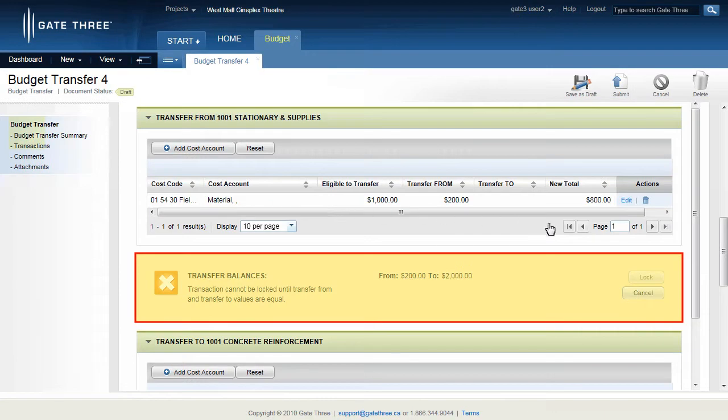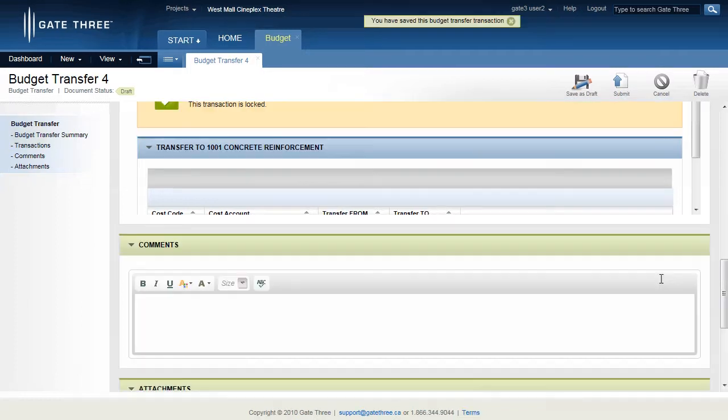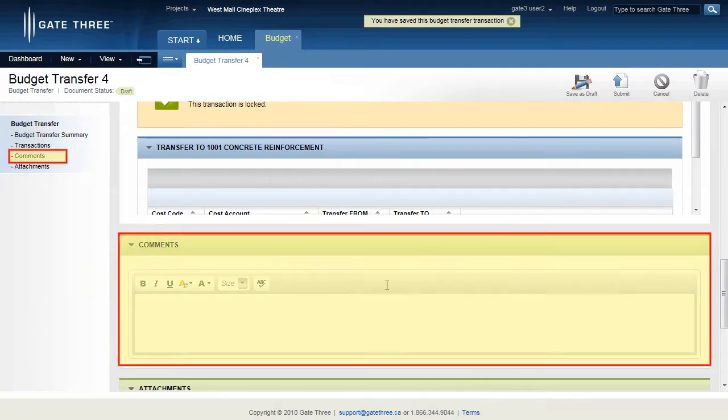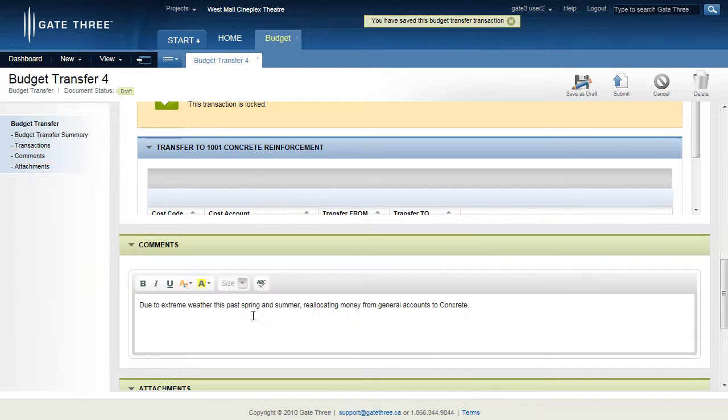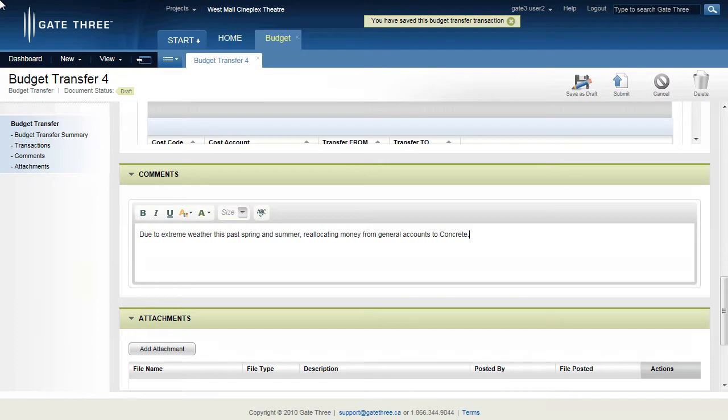The budget transfer transaction may not be locked if it is not balanced. A red X icon will appear if the transaction does not balance. Note, only one transaction box may be unlocked at a time. Budget transfer specific comments can be entered in the comment section. Any necessary or supporting attachments can be uploaded into the system by clicking the Add Attachments button under the Attachments